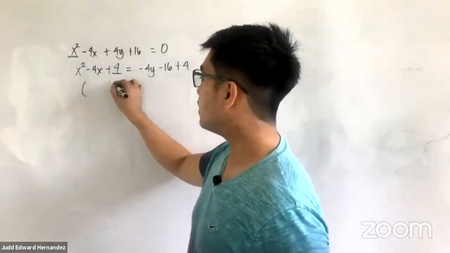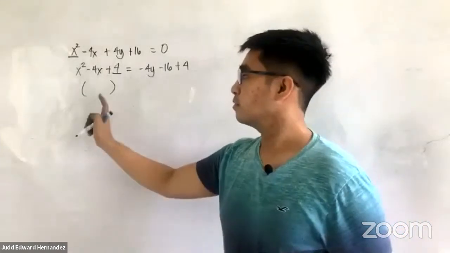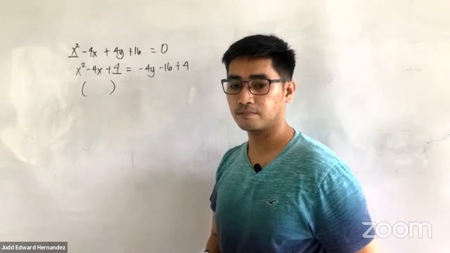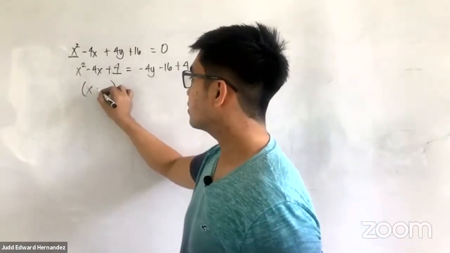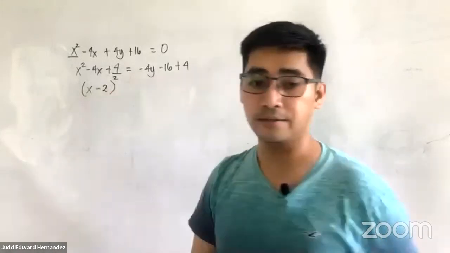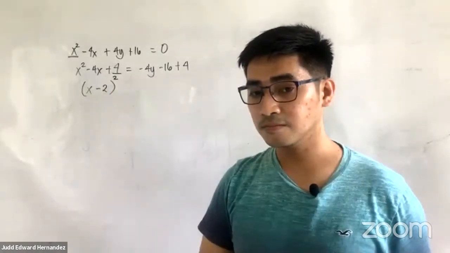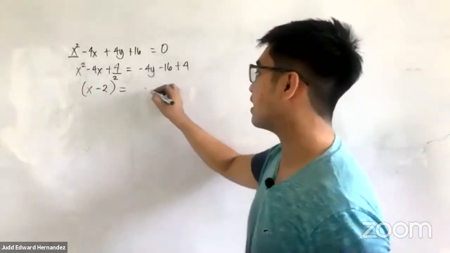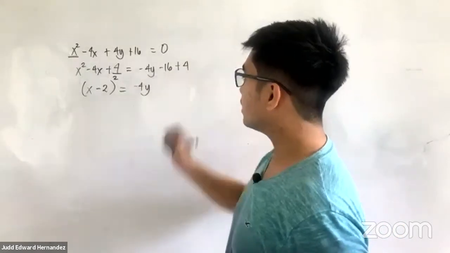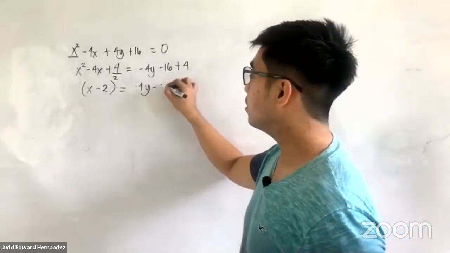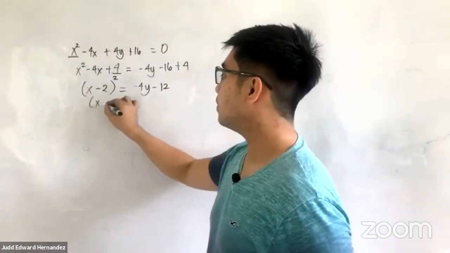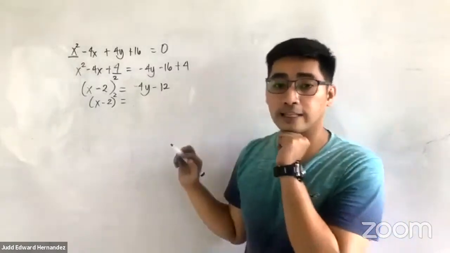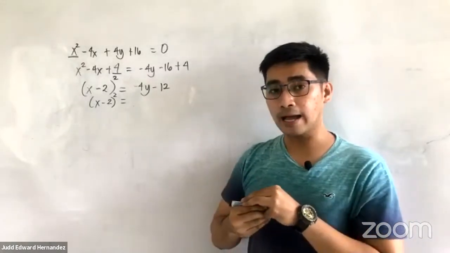Okay. What will now be the factor of x squared minus 4x plus 4? X minus 2 quantity squared. Tama? Opo. Okay. Is now equal to, let's now simplify the right side. Minus 4y, negative 16 plus 4, negative 12. Okay? Simplifying, x minus 2 quantity squared is equal to, always remember, okay, tatandaan ha, sa parabola,